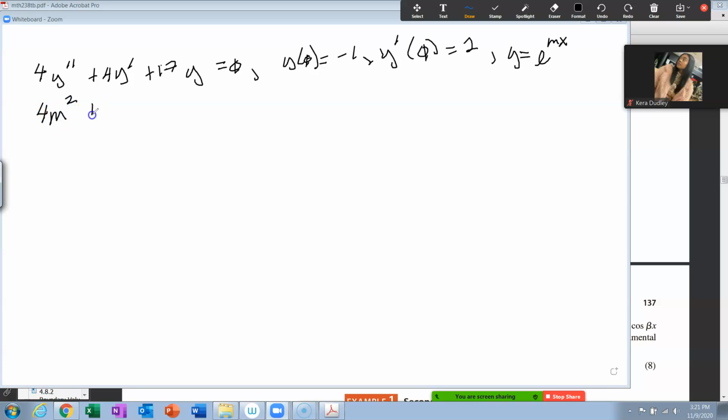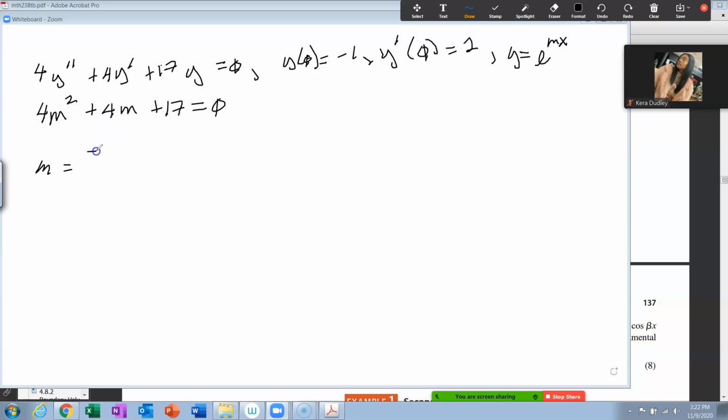4m squared plus 4m plus 17 is equal to 0, because your e to the mx factors out because it's never equal to 0. So you're left with this. Now, that one, try to factor it till the cows come home. You'll never do it. So we'll go straight to the quadratic formula, which tells you that m is equal to